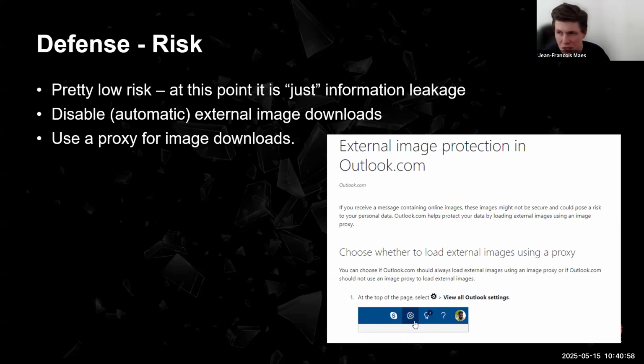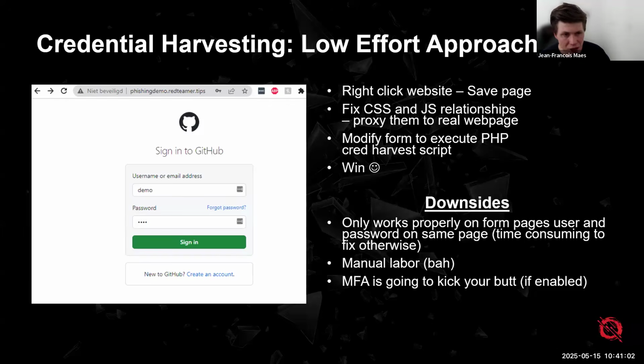Another thing that adversaries might want to do is try and do credential harvesting. And credential harvesting can take many ways and many shapes and many sizes. We have what I like to call the lazy approach or the low effort approach, where we simply go to a website that we want to clone, right? So a logon portal, for example, that could be Office, could be GitHub, could be maybe a third party login portal. Maybe your organization has some type of web application exposed to the internet that allows users to log in,